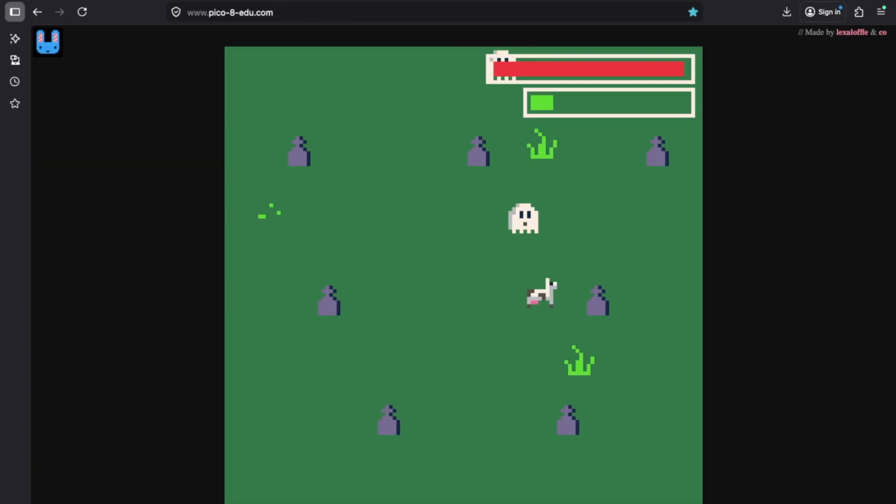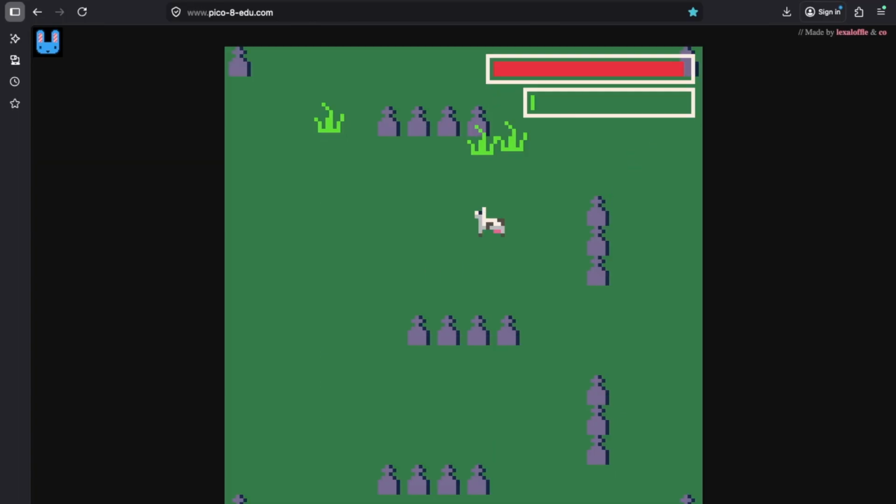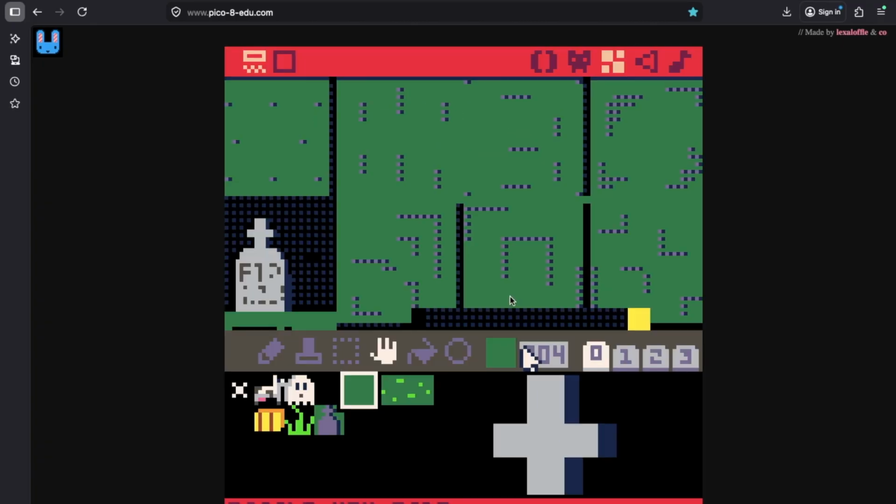It will be linked down below so you can play it yourself. I haven't fixed the bug where it spawns on top of these thingies. I didn't fix that. I do want to. I might on a later day, but I'm so upset that I'm done with the game. It's done. It's good enough. Go play it. Have fun. Goodbye. Okay, just kidding. The video's not over and the game's not finished.